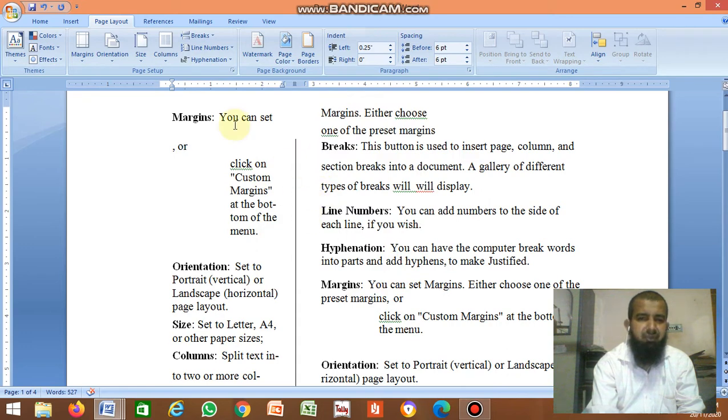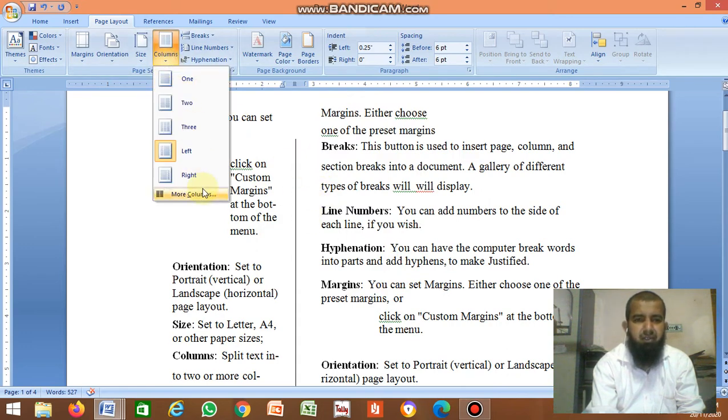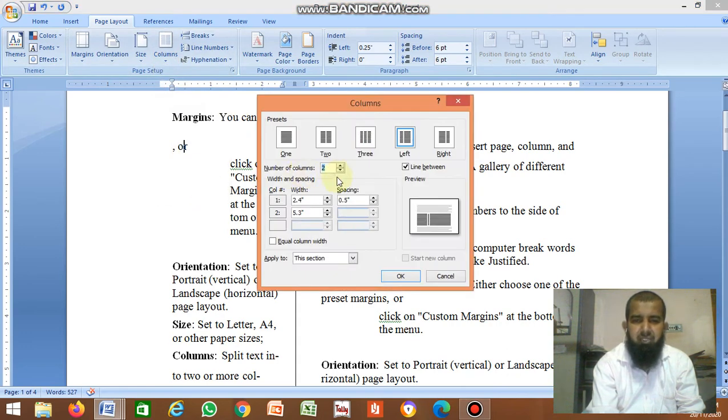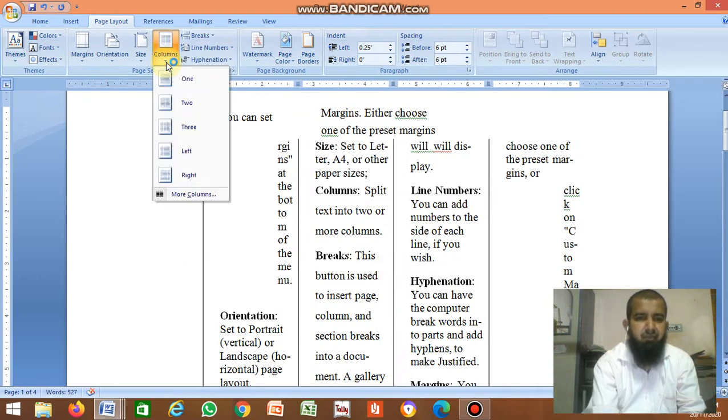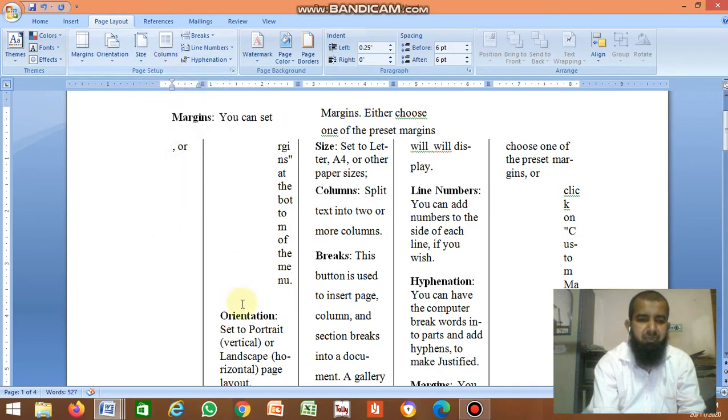It displays a line between the columns. Here the maximum you can give is 3 columns. If you want more than 3, we can increase the number here, then click OK. So here it displays 5 columns. Clear? This is about the columns.